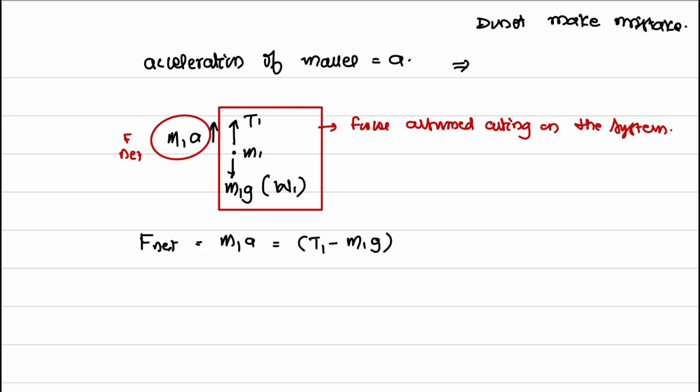Net force is not like upward force is equal to minus downward force, it is like net force is equal to the force in the direction of the net force minus the force in the opposite direction of the net force. I will write here, don't make a mistake, net force is equal to